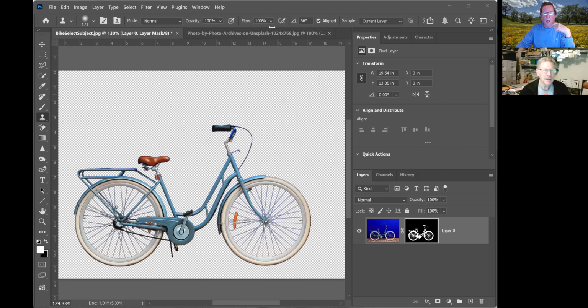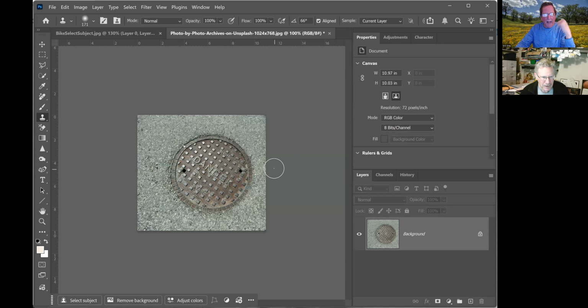Okay, all right. Now I'm going to switch to the manhole cover. And so I'm going to do something different. And the process,